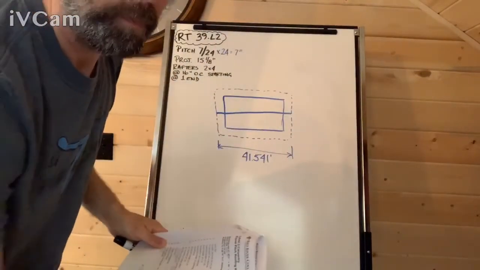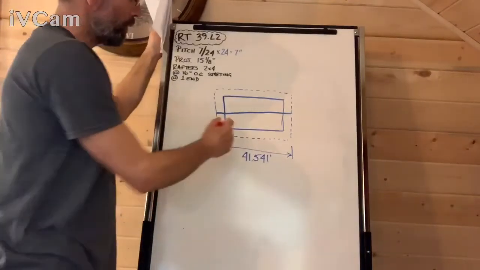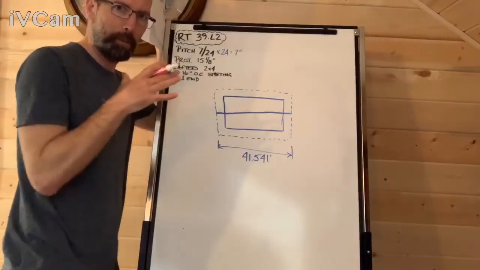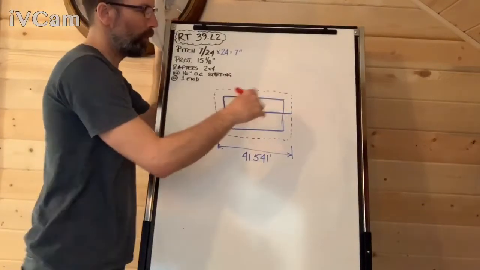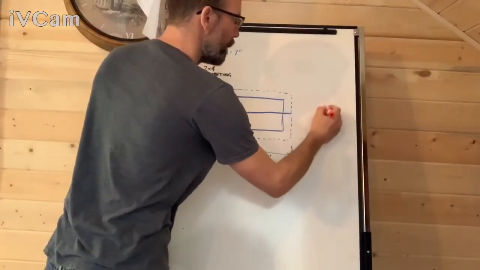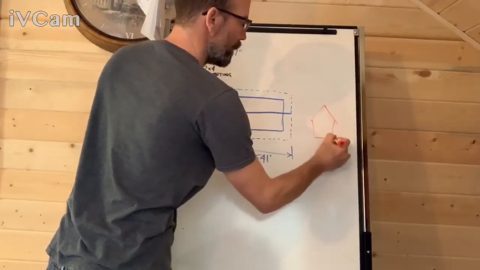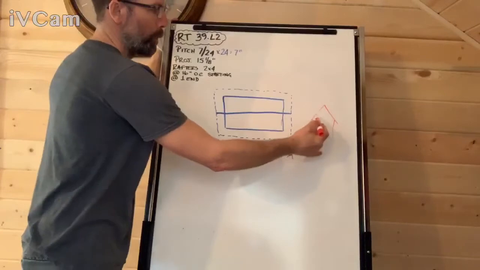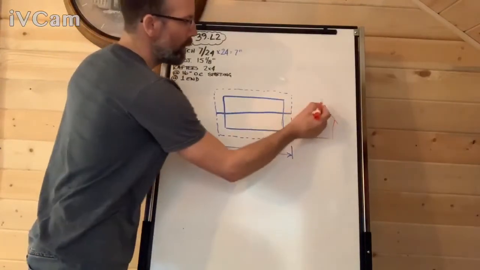To determine area, we need length times width. We have to remember that this is a plan view when we're flying over top of this roof. But from the side, this is what our roof actually looks like. If we did a section view, you can see the slope here. So we need to find out